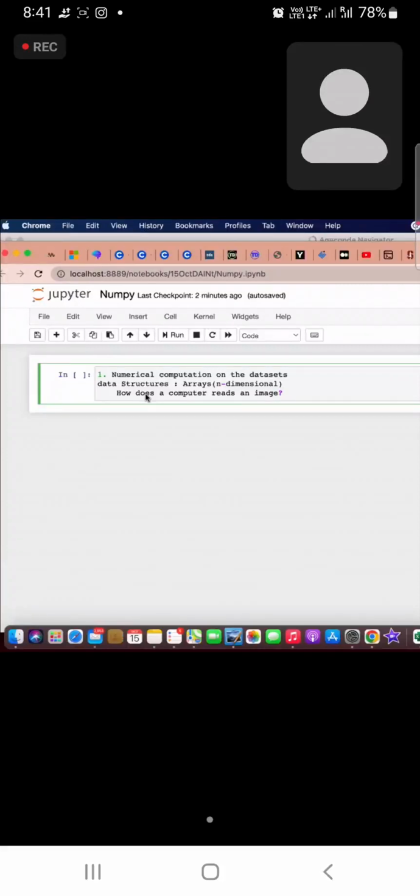So usually images are stored pixel-wise, and whenever we are dealing with image data, we always store our data in arrays, because if it's a black and white image, then it would be single dimensional only. But if it is a colored image, then it will be multi-dimensional, following the RGB